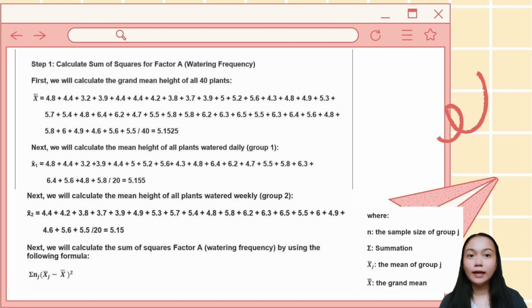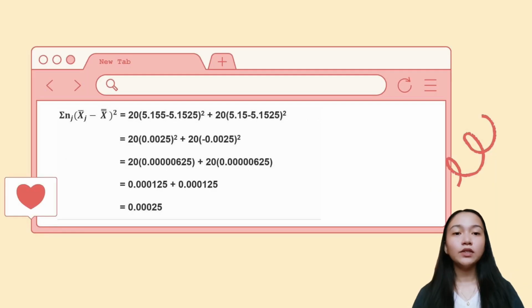Next, we will calculate the sum of squares factor A, watering frequency, by using the following formula, as shown below, where N is the sample size of group J, the symbol Σ is summation, the mean of group J, and the grand mean. So the formula equals 20 (the mean of watered daily, which is 5.155, minus the mean of all plants, which is 5.1525)² plus 20 (the mean of watered weekly, which is 5.15, minus the mean of all plants, which is 5.1525)²